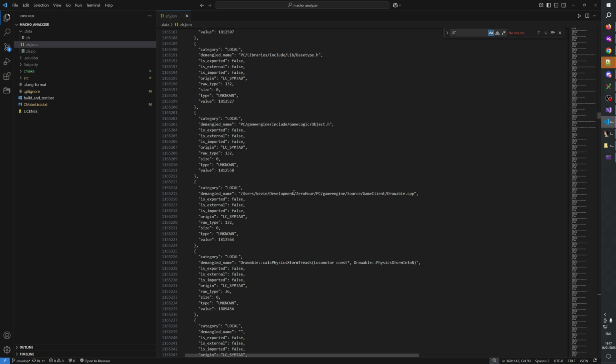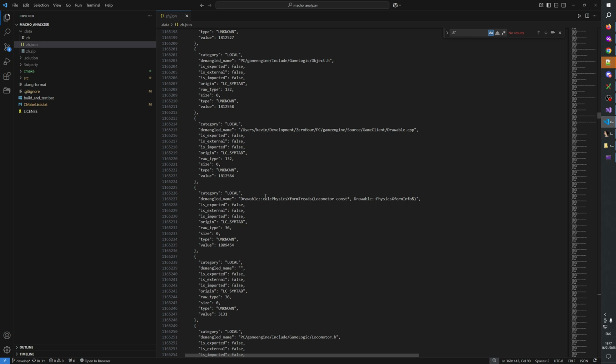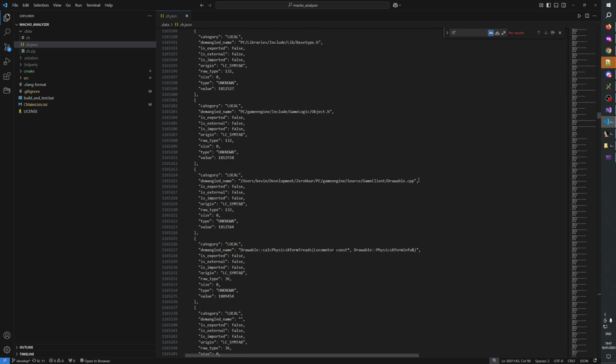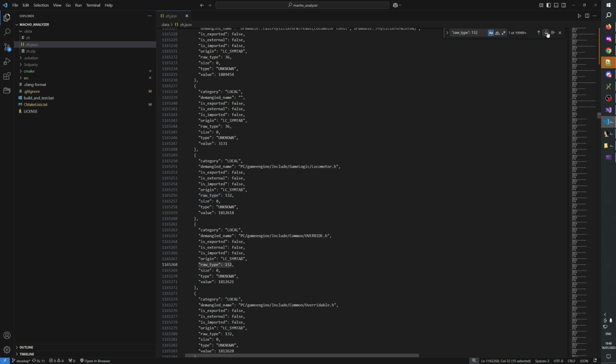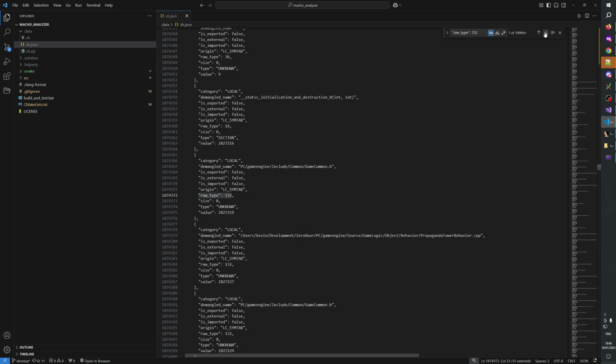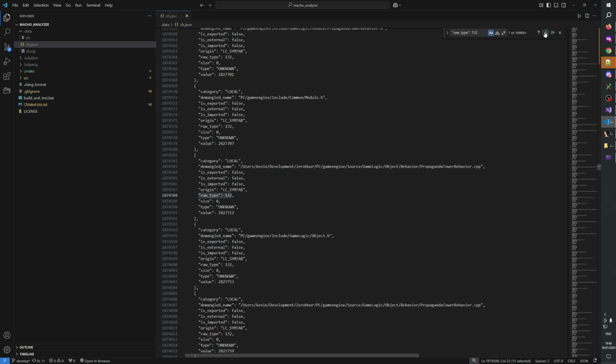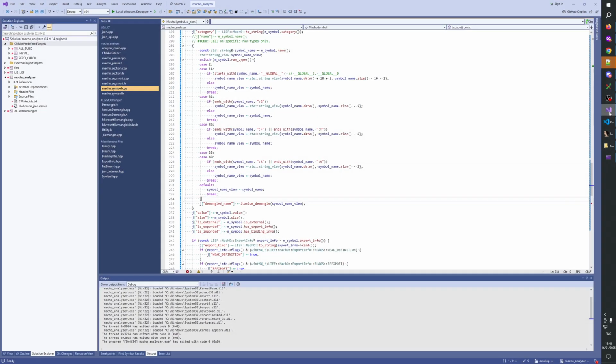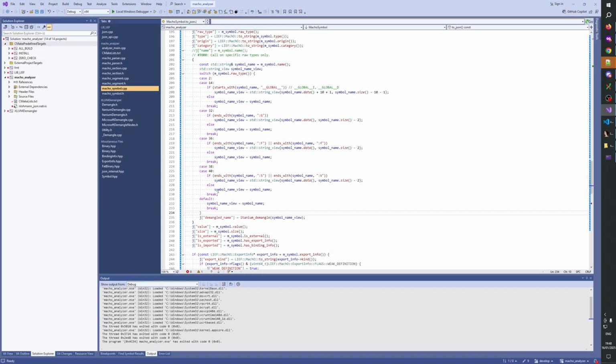Okay, now the next step is how about we remove some of the things from the demangling. So for example, here, those file names, they don't need demangling, right? Because they are not mangled symbols. So let's look at raw type 132. That seems to be only ever file names, right? Yeah. Okay, so how about here we say